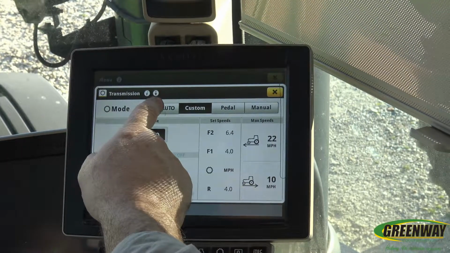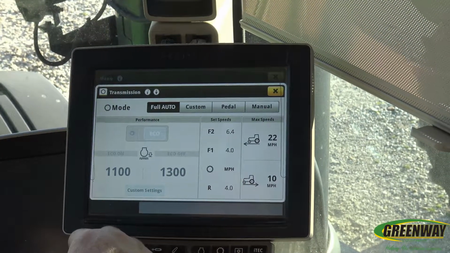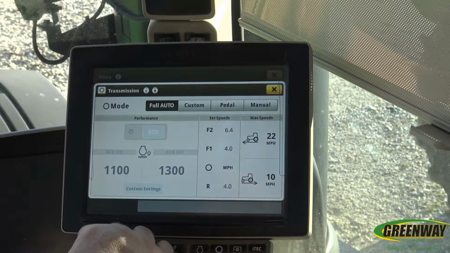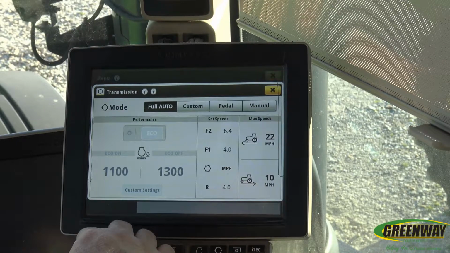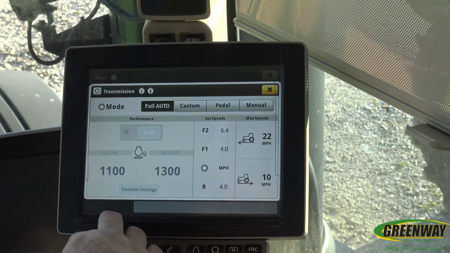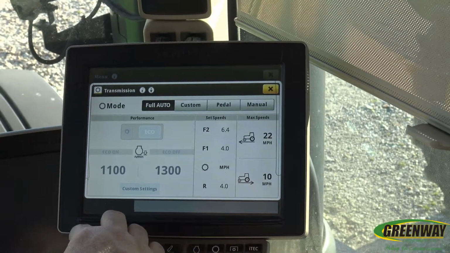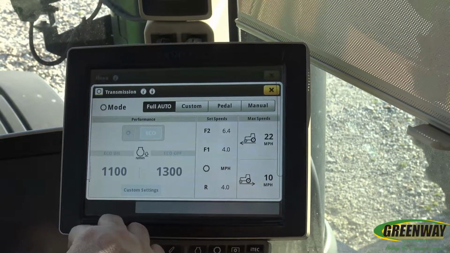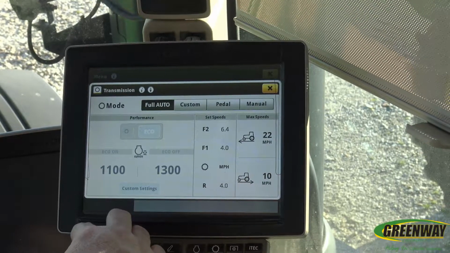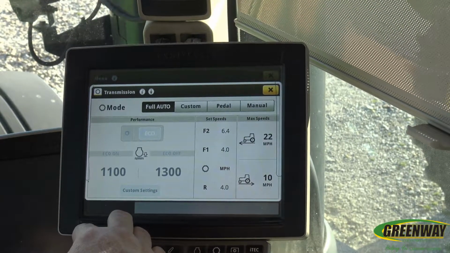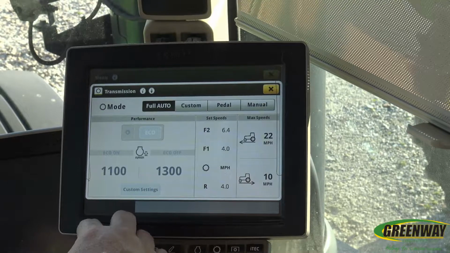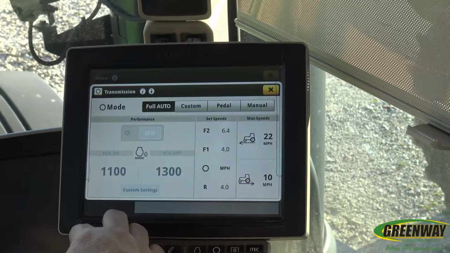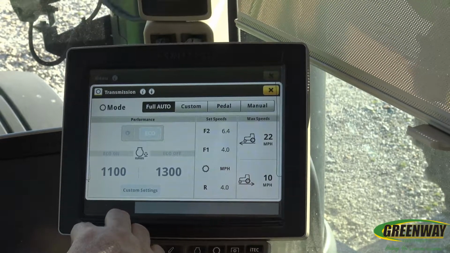Our other setting we have is our full auto. Basically, you see with full auto in this screen also, it takes out our eco mode. Now with full auto, what it does is automatically control the most fuel efficient operation of the tractor. We'd run our throttle wide open in full auto, and then the ECU and other tractor components are actually going to regulate the engine speed in proportion to what transport speed or what speed you want to operate with in the field